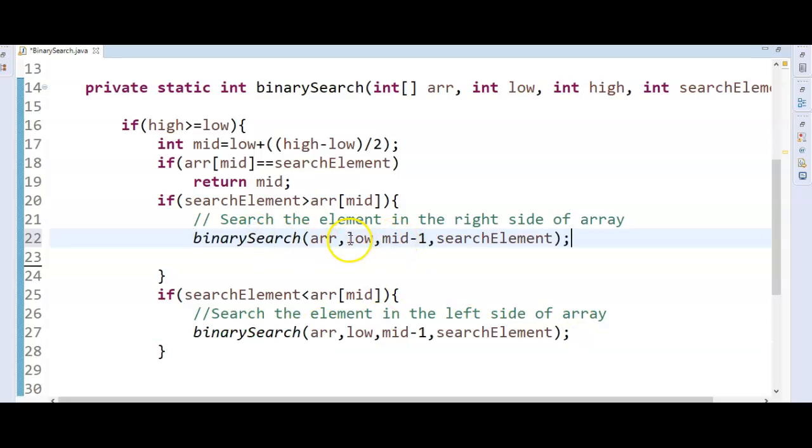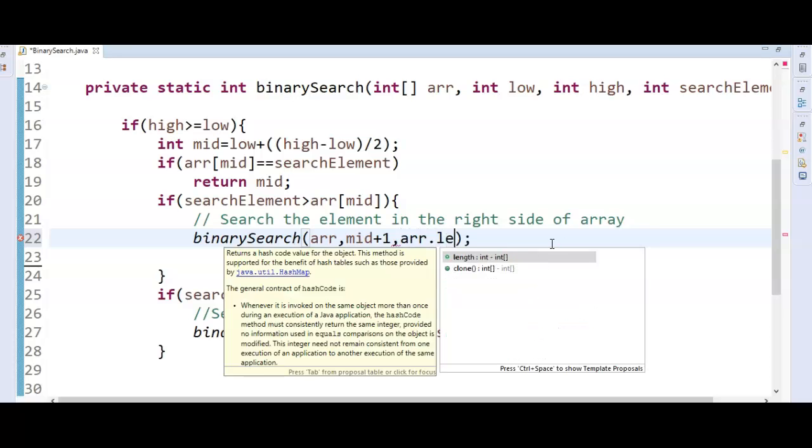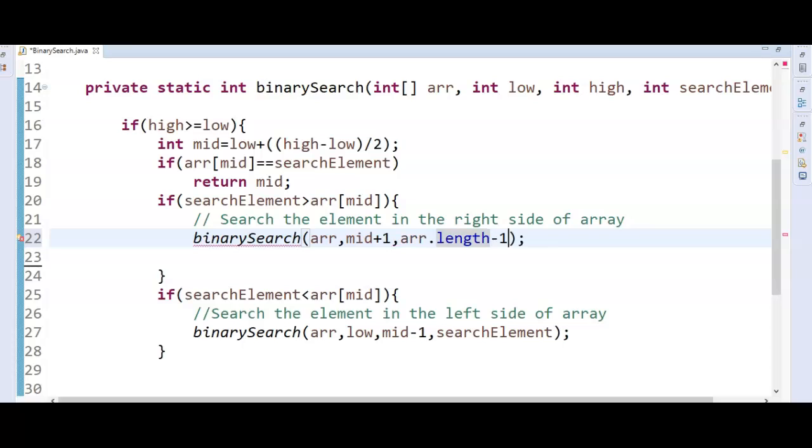So for the second part of the array, first what we need to do here, to the binary search method, pass the array. And how do you calculate the second part of the array? Mid plus 1 comma array dot length minus 1. Okay, and then the search element. Okay, binary search array comma mid plus 1, array dot length minus 1, and then,